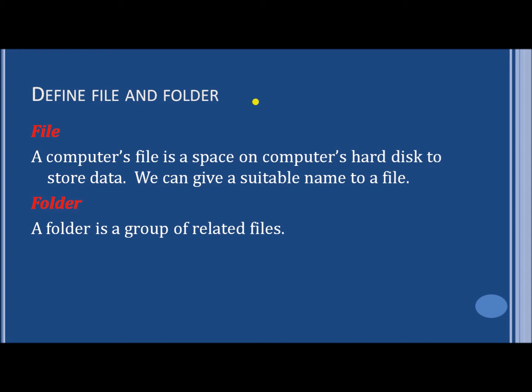A file is basically the allocation of a space for anything on our hard drive, on a hard disk, in which we are going to store data. Whenever we create it, it is basically a space allocation on our computer. When we allocate a space in our computer for some particular thing, that means we have created a file.